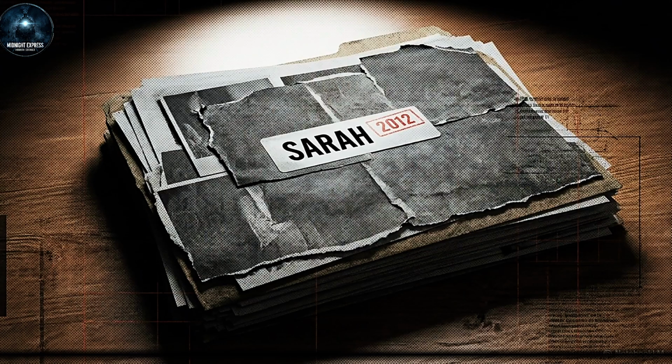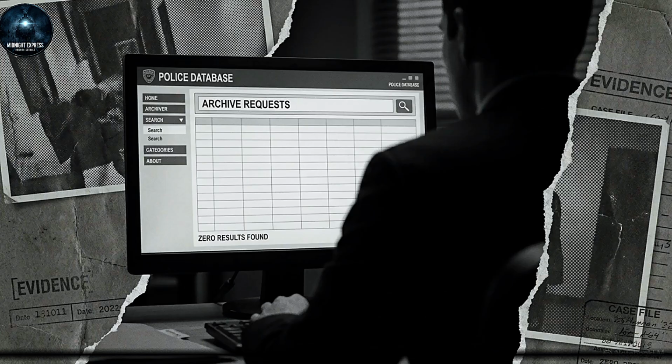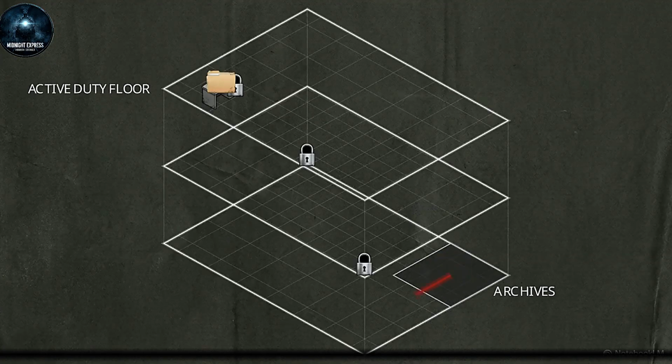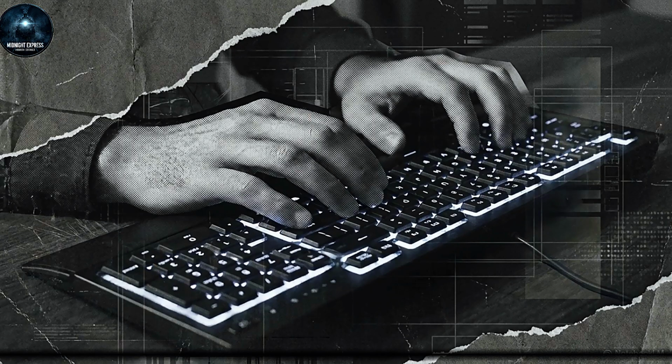It was long after the administrative staff had gone home. On his desk, he found 𝗪𝗀's 2012 cold case file. It hadn't been there when his shift started, and he hadn't requested it from the basement. To reach that desk, the folder had to travel from the locked basement archives, past several security checkpoints, and onto the active duty floor.